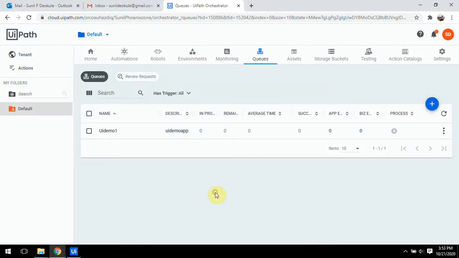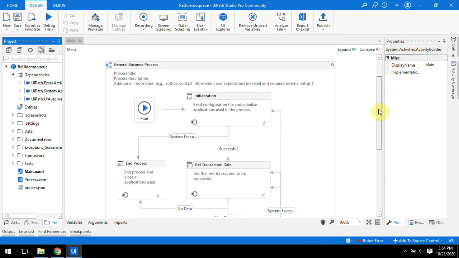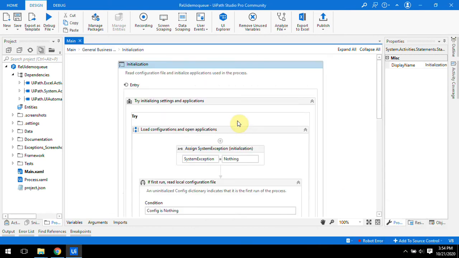Now let's move towards our changes in the states used in the REFramework. First, the init state.